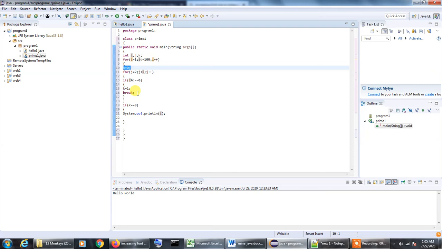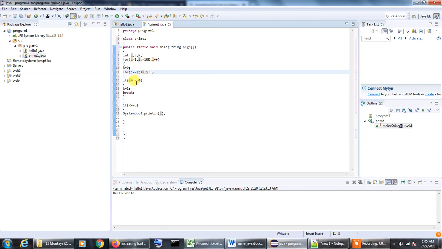But if we are taking a non-prime number like 8, the innermost loop will iterate from 2 to 7, and within 2 to 7 it will find factors, that is 2 and 4. As soon as it finds the first factor, that is 2, the value of i, that is 8, will be divisible by the value of j, that is 2, and the remainder will be 0.